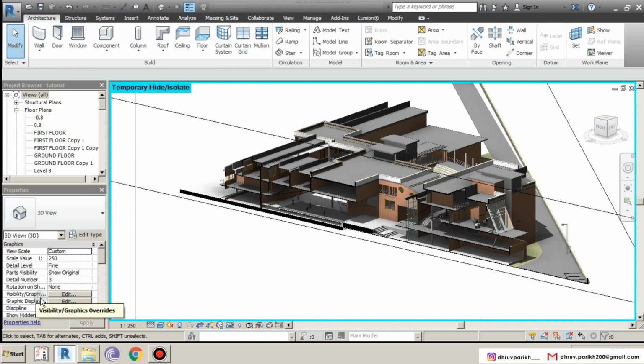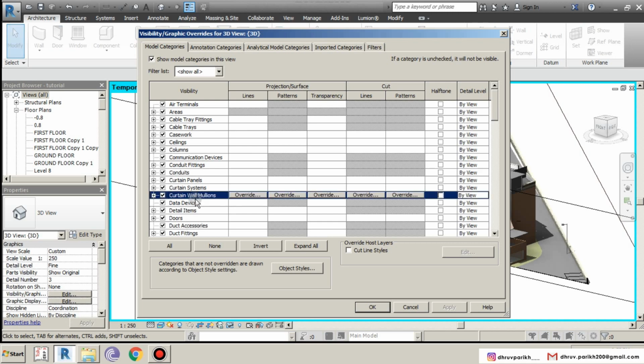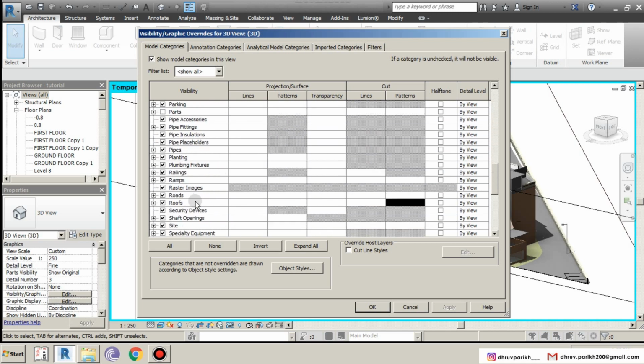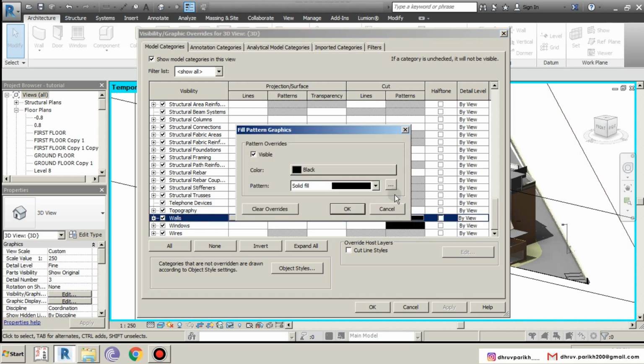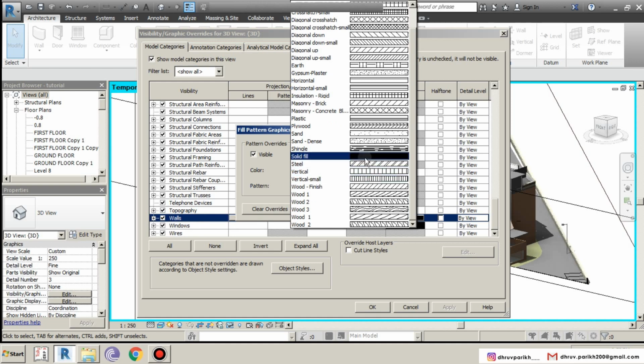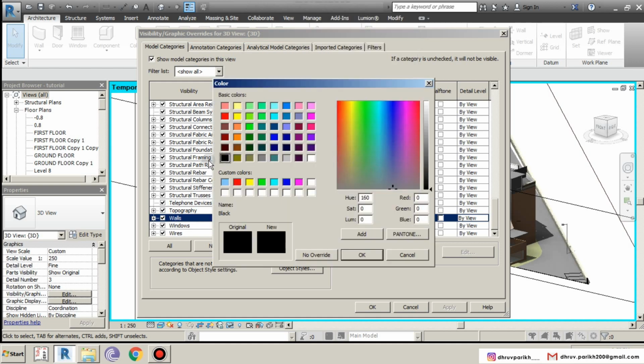Now let's go to visibility, and whichever elements are getting cut, you can change the color of it, or you can change the hatch of it. So majorly walls and floors are getting cut, so I'm changing the color of walls and floors to white.